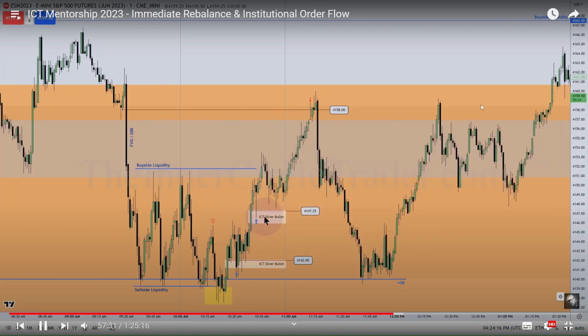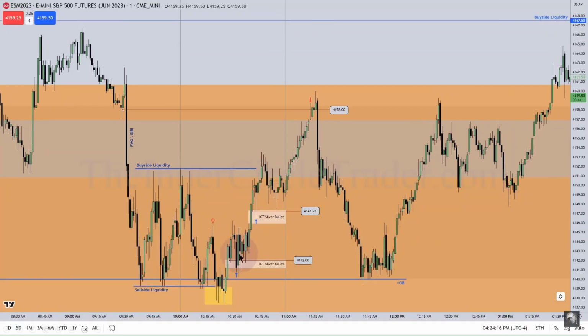This is a 1 minute chart of the silver bullet here, and this is the silver bullet here on a 1 minute chart. Okay, a lot of overlapping in here, and then finally it leaves the range and it creates this fair value gap, and it trades down into it and it runs away. Let's go into this information a little bit more detailed, and also I want to look at all this imbalance